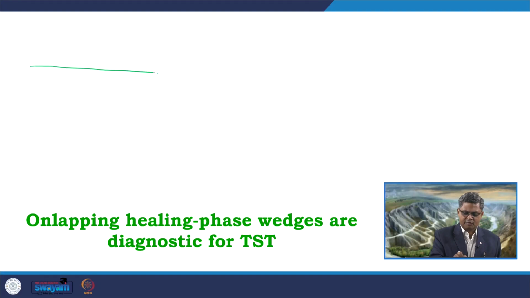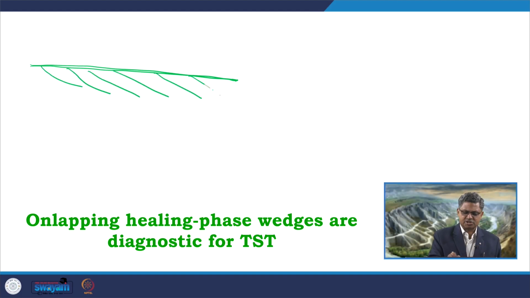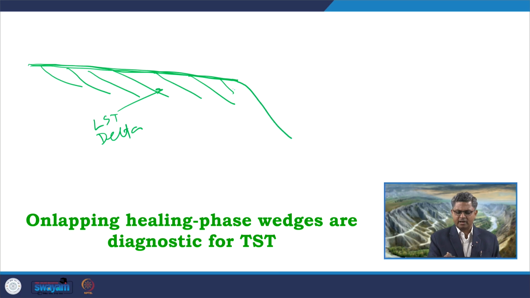So, healing phase deposits, they are again very characteristic. So, if I draw the shelf area, say for example, this is the shelf area, and this shelf area is exposed after the lowstand phase or maybe after the early phase of transgressive systems tract. So, below this we can expect the clinoforms which have been formed during the LST, the clinoforms of the LST delta. So, on that the shelf area is exposed, and then we get this break, the last clinoform of this delta system. After this LST phase, the sea level is rising from this particular level, it is rising up.